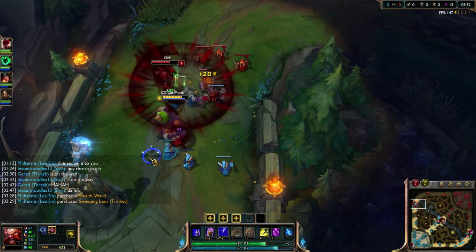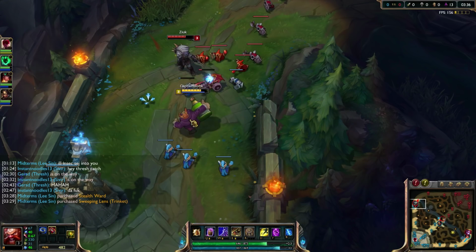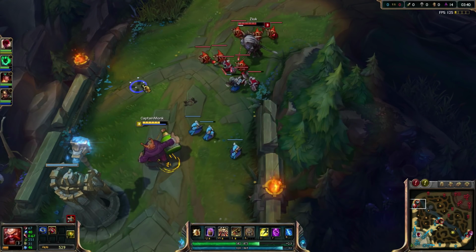He actually just took a tower shot for literally no reason, so that's pretty good for me. I'll take that with a smile on my face. And can we get the siege? We can. Very nice. Looks like they got a Vayne to carry, a Rengar top with Ignite, so he's going